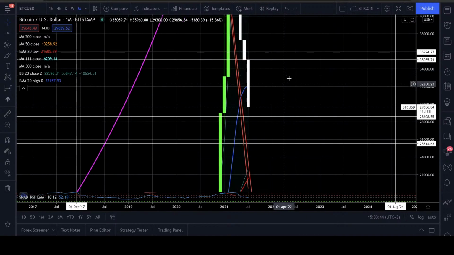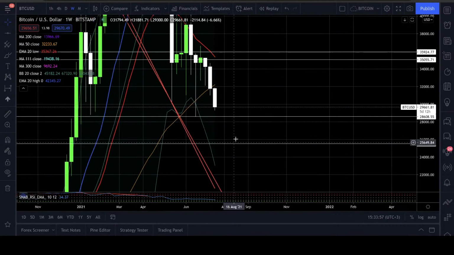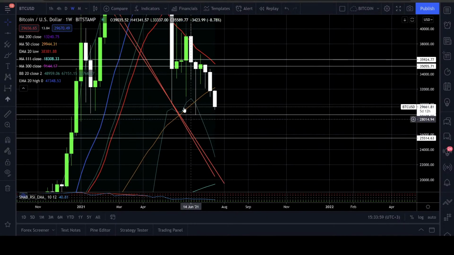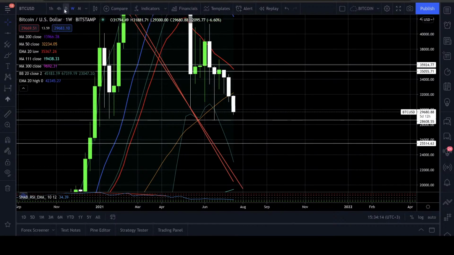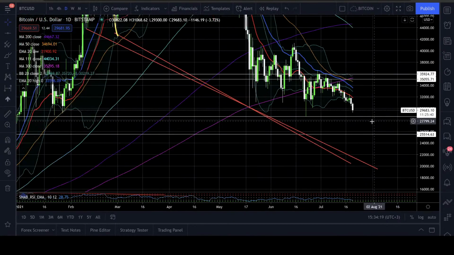Looking at the monthly chart, 35,000 and 36,000 is going to provide a very strong resistance next month. The bottom of this month will probably be lower than this. Looking at the pattern, it looks like it's going to do a descending wedge pattern. That's correct. So it's going to drop. The support is going to be somewhere around